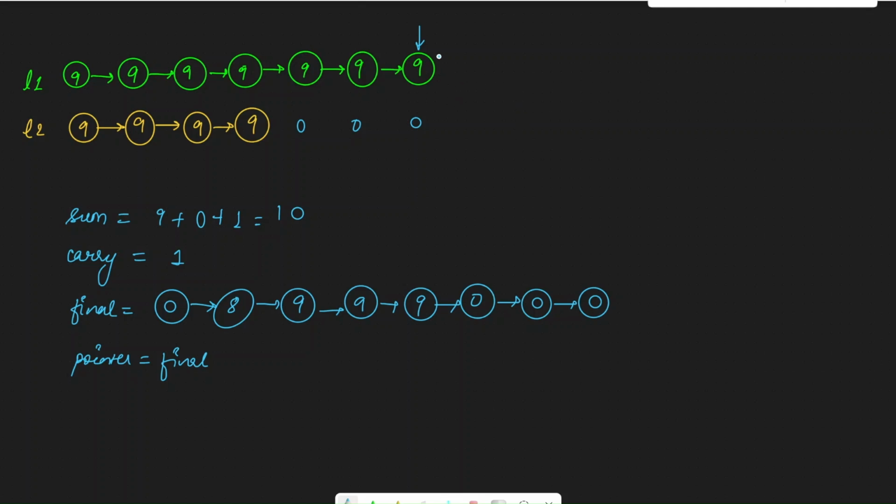Now, we don't have any elements left in these linked lists. But if you see here, a very important thing, we have a carryover of 1. Because we have a carryover, we just can't ignore it. This will need to be added to our linked list, and this carryover will be the next element itself because there is nothing else to add from.